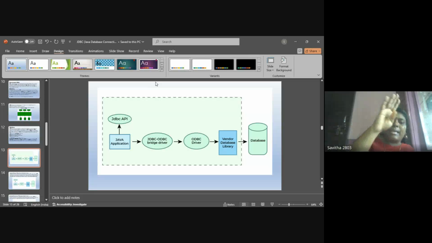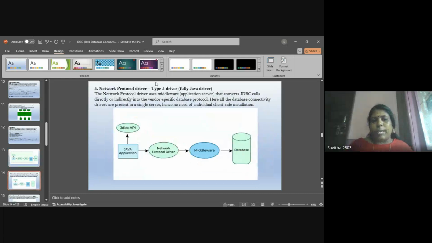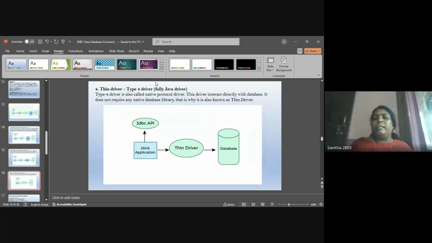So between the JDBC API and the database, these are the components we need to interact: the Java application, the JDBC-ODBC driver manager, or JDBC drivers, to make a connection establishment.